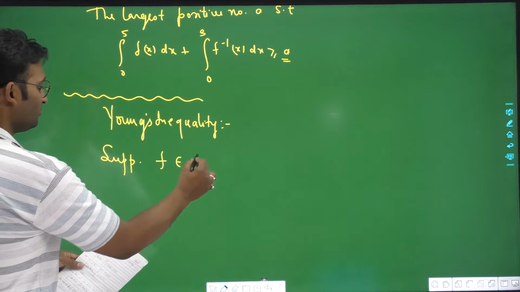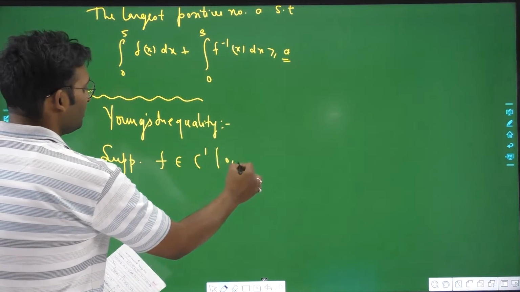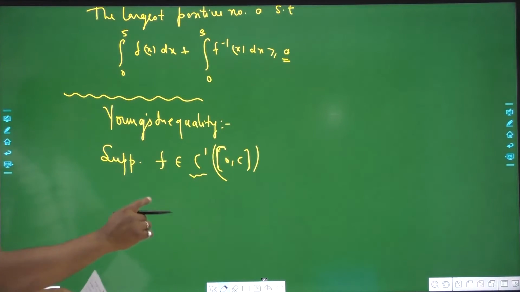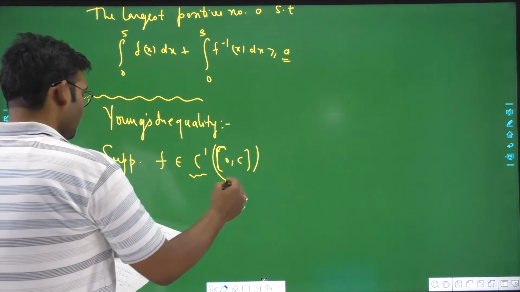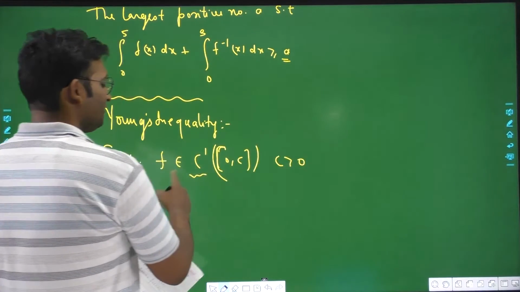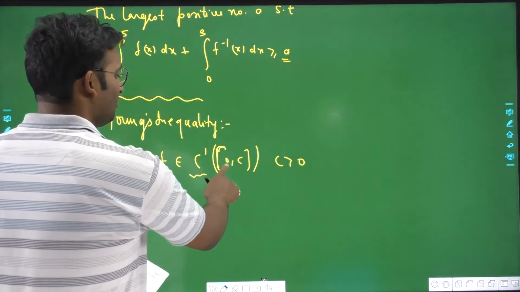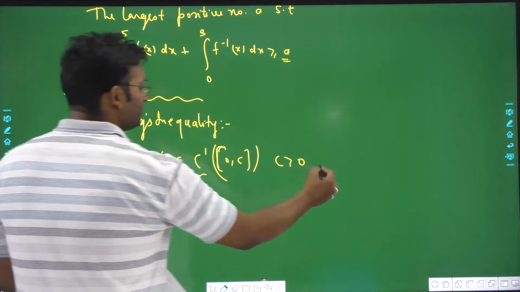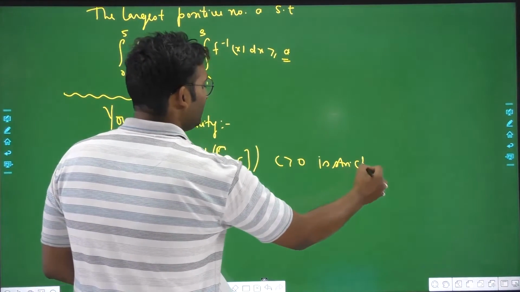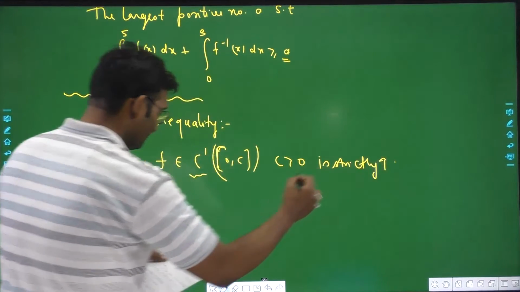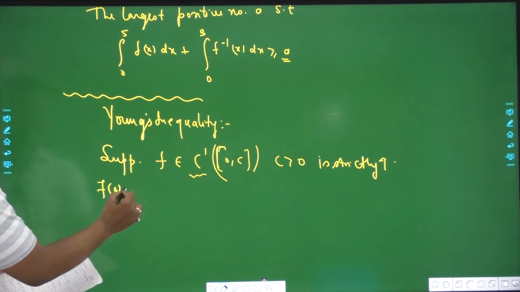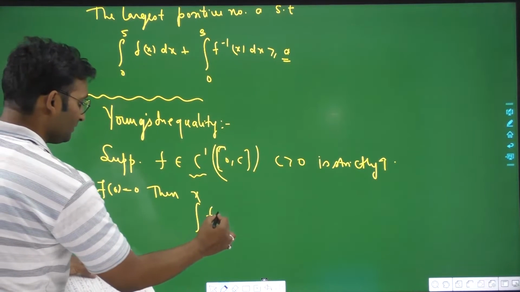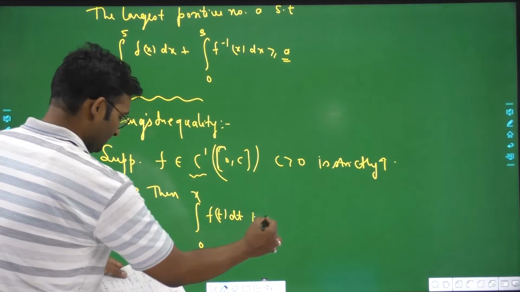f belongs to class 1 functions. Again, do tell me on the comment section what class 1 functions are. If f is defined on f belongs to class 1 function over 0 comma c, where c is some positive real number, and it is strictly increasing such that f(0) is equal to 0, then the integral from 0 to x of f(t) dt plus the integral from 0 to